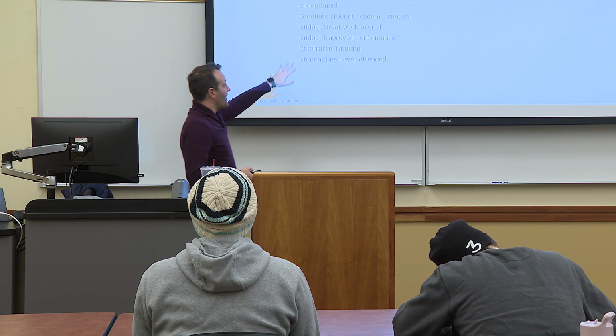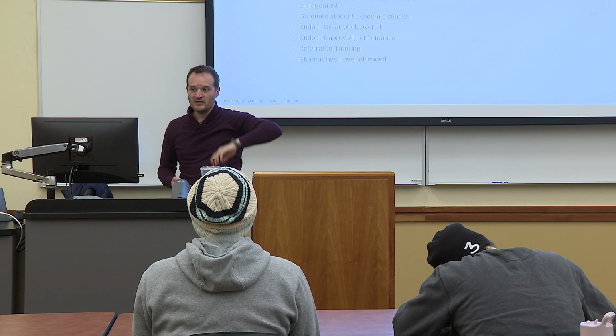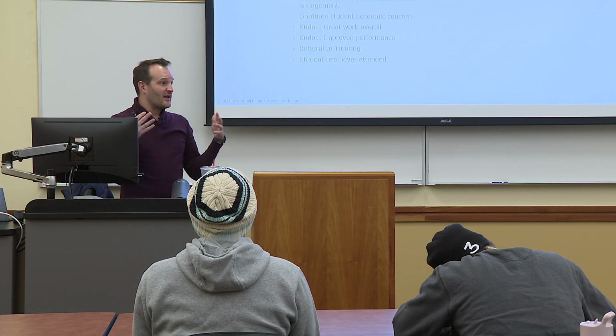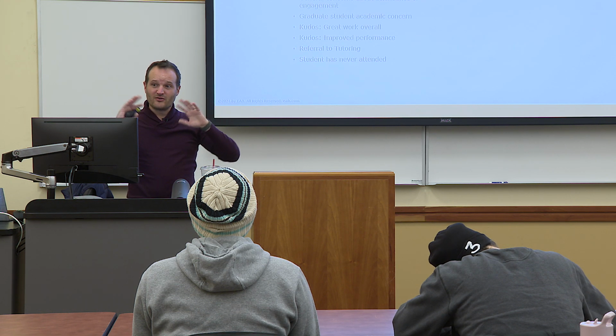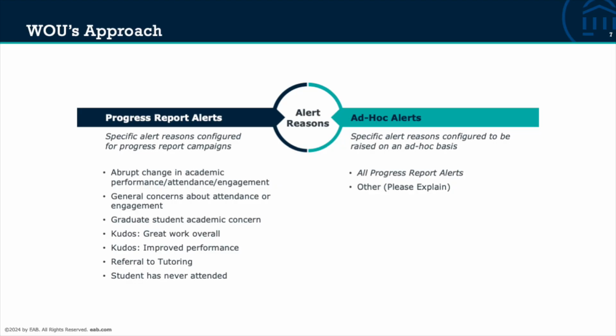Do we feel like we have a comprehensive list for the progress reports, things that faculty would understand and have clarity into? But are there also other ad hoc alerts that we might be thinking about or need to build into this process that maybe faculty don't have insight into, but other staff, advisors, people that have a relationship